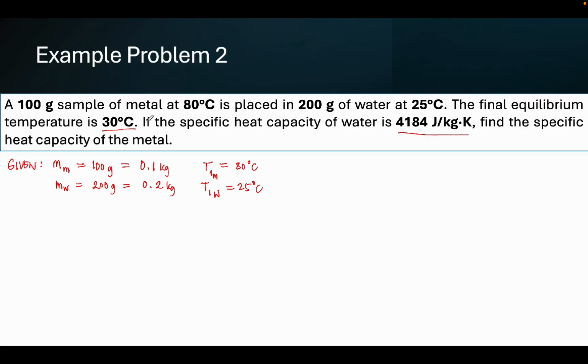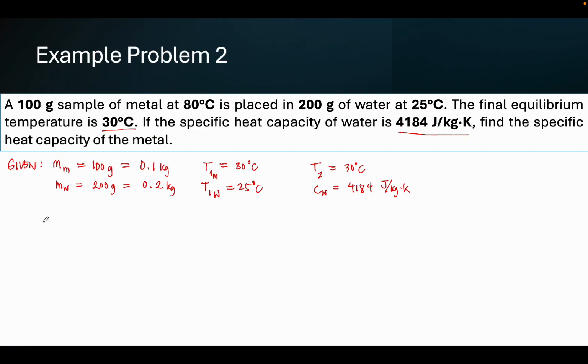Okay, and then we also have the final equilibrium temperature, T2. T2 is 30 degrees Celsius, and then we have the specific heat of water, which is 4,184 joules per kilogram times Kelvin. Okay, so those are the following given. T2 is the temperature of the system where the metal was placed in 200 grams of water. Okay, so now using the heat balance equation,